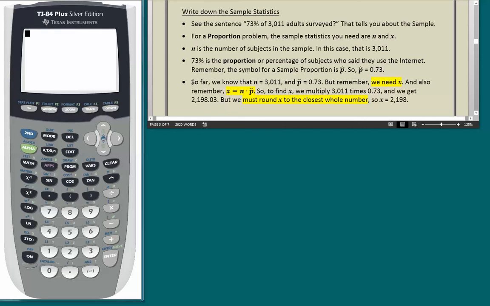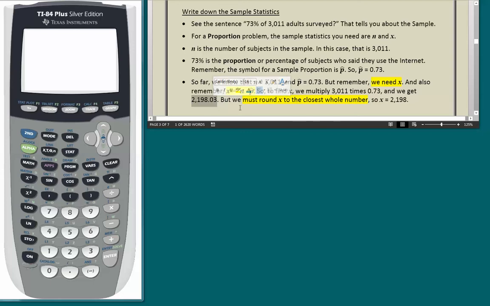Let's look at this fifth bullet here. So far, we know that n equals 3011 and p hat equals 0.73. But remember, we need x. And also remember, x equals n times p hat. So to find x, we multiply 3011, that's n, times 0.73, that's p hat, and we get